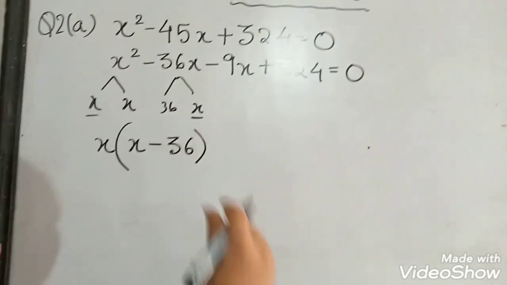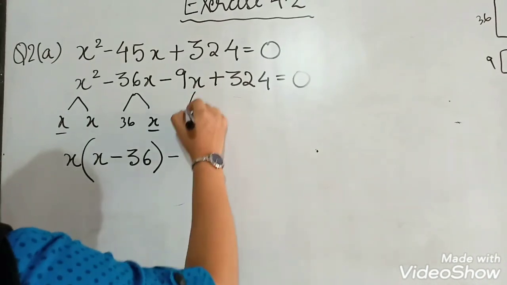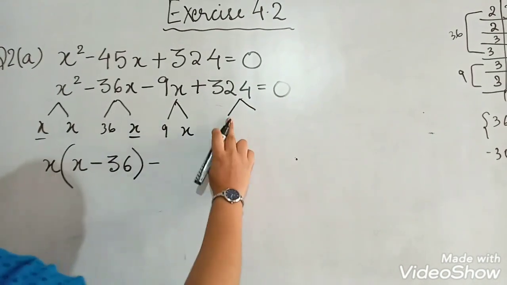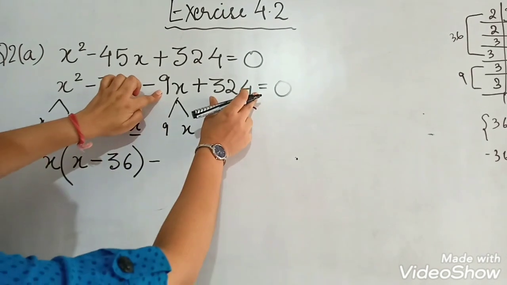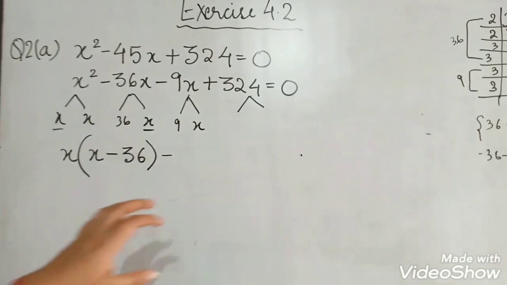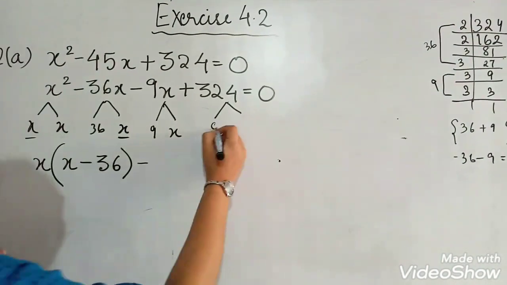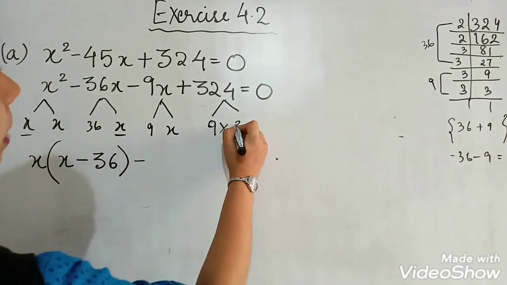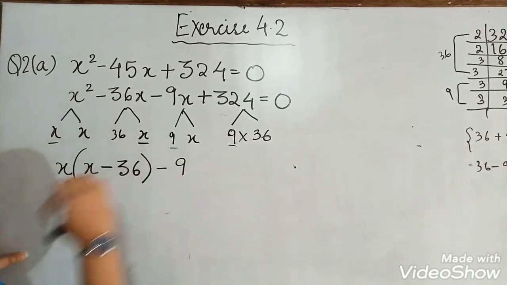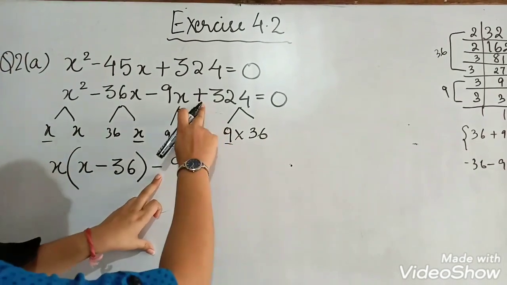Next we move on to these two terms. The minus sign will remain as it is. Now over here we have the terms 9 and x, and over here we have only 324. If I take out 9 from 324, what number will be left? You can see 9 multiplied by 36 will give you 324. So I can write this as 9 multiplied by 36. Here 9 is common, so I am going to take 9 out of the bracket. This will be x. Now you see children, this is plus.